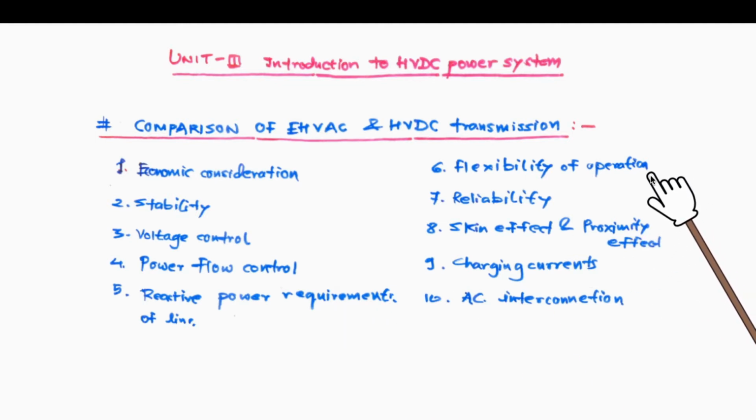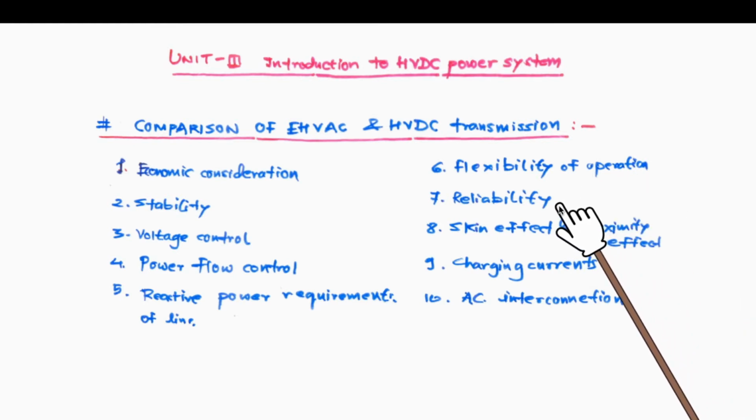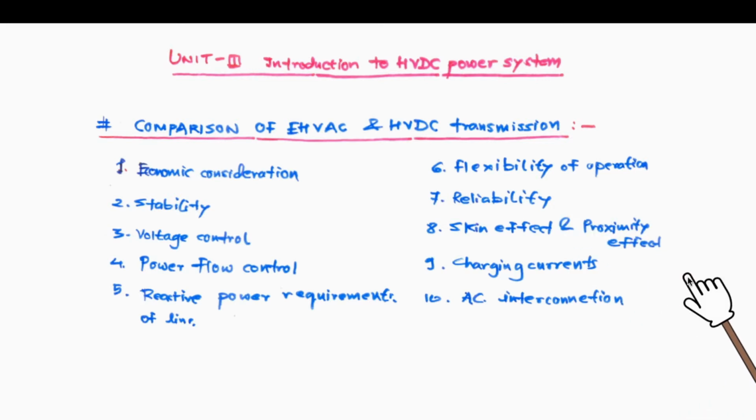Sixth one, the flexibility in the operation of networks, large networks, maybe connected networks. Reliability of power transmission in either alternatives. Skin and proximity effect. Charging currents and interconnection of two or more AC networks. So based on these 10 points, we are going to make a comparison. This is not an exhaustive list, but it involves all major points of comparison that are stated in the literature. Right. So let us move ahead and do the comparison with respect to these points